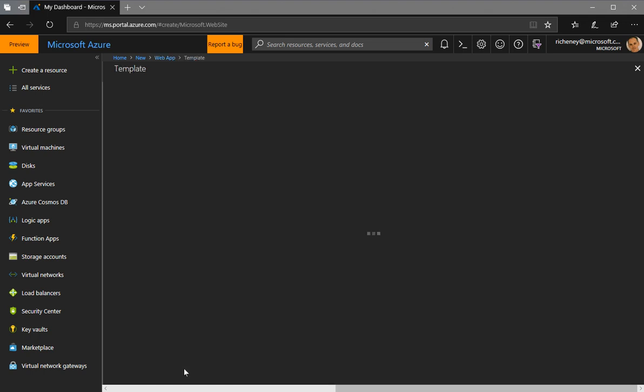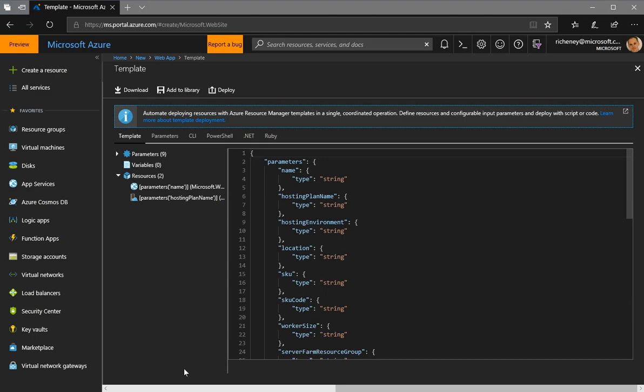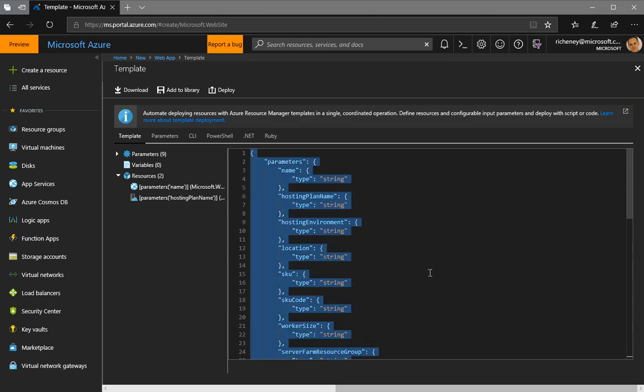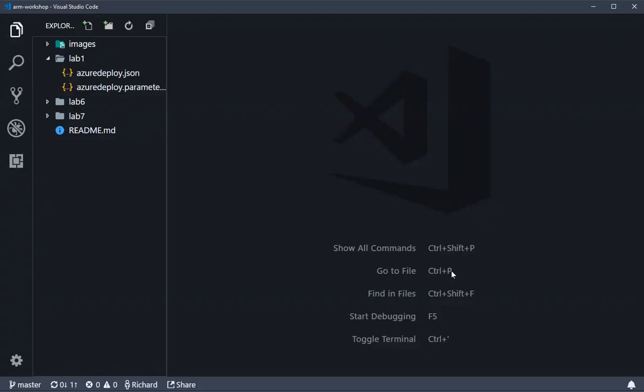So this automatically generates some JSON files for us, both the parameter file and the template file, which gives us a useful starting point for taking these and then customizing them to what we want to be. So if I click into the area for the main pane and do Control A and Control C to copy the contents of that, I can then flick back over to our Visual Studio Code area,